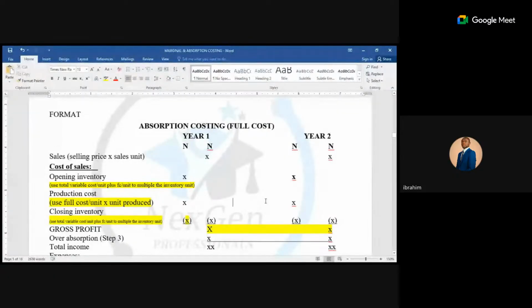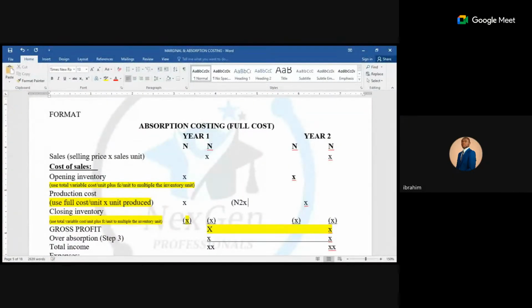Let's say the full cost per unit for year 2 is 2 naira per unit, times maybe they produce 20. They may actually produce 10 in year 1, depends, right? So you may have different full costs, or you may have the same full cost per unit. It depends on what is given to you in the question. That is why I say you should attempt that question 3.